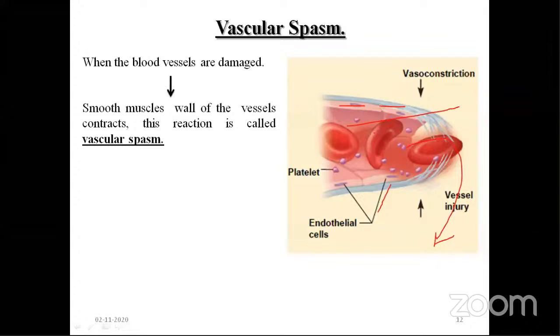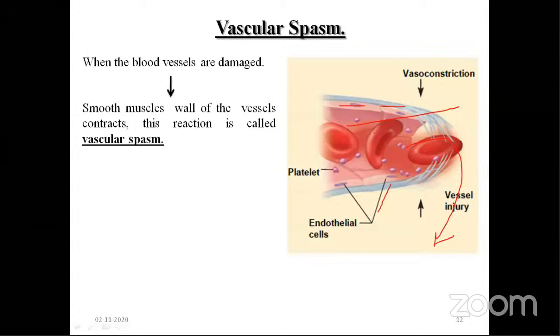So what do we do whenever our dress is split into two parts, or when it is torn? We try to pull both the edges together to narrow the gap. And then we take a sewing thread and needle and we try to seal that damage. Okay, we try to seal the opening. Same way here also, those events are initiated naturally, spontaneously. Whenever any blood vessel damage is there, the smooth muscles within the wall of the damaged vessels contract,